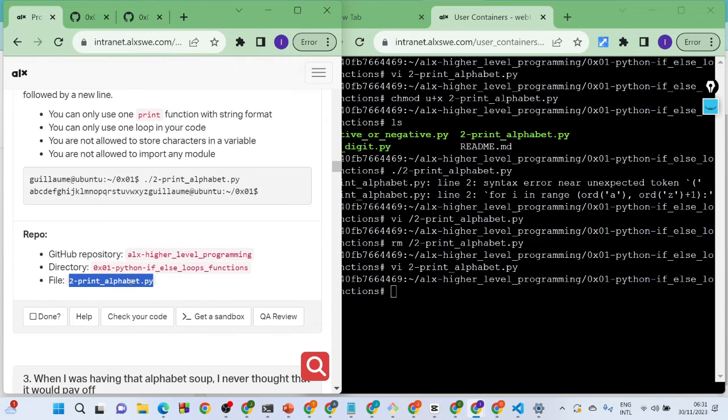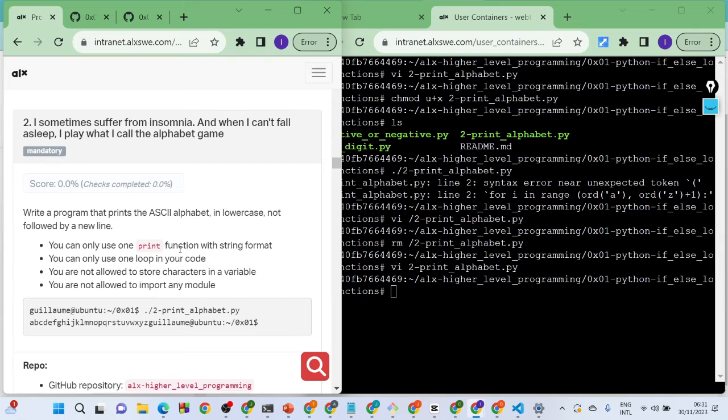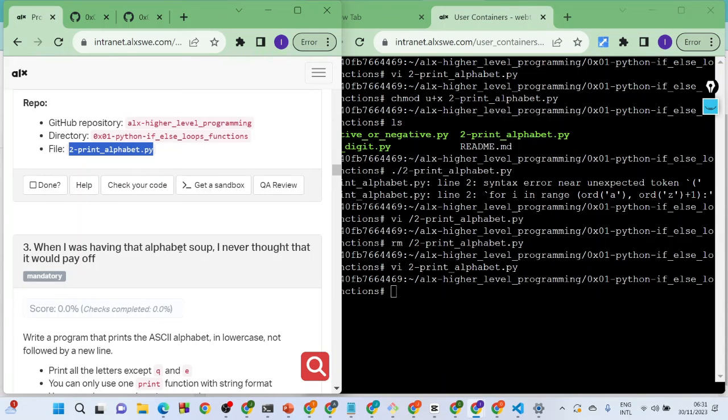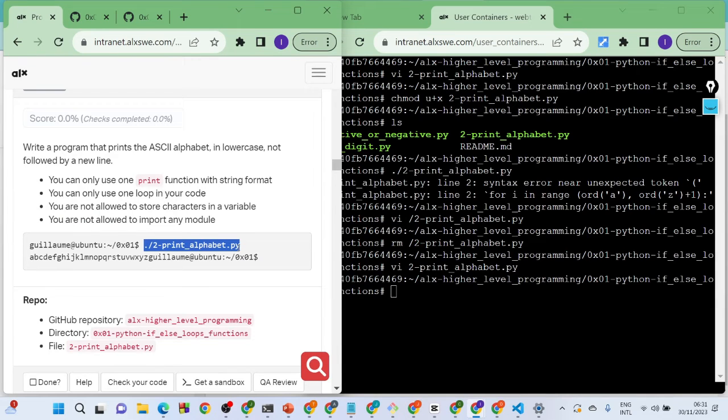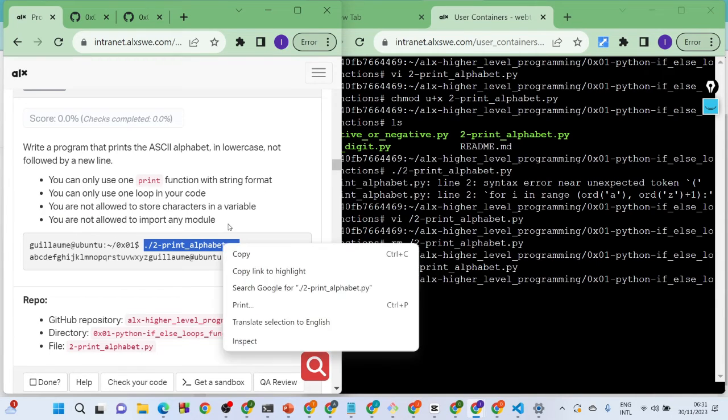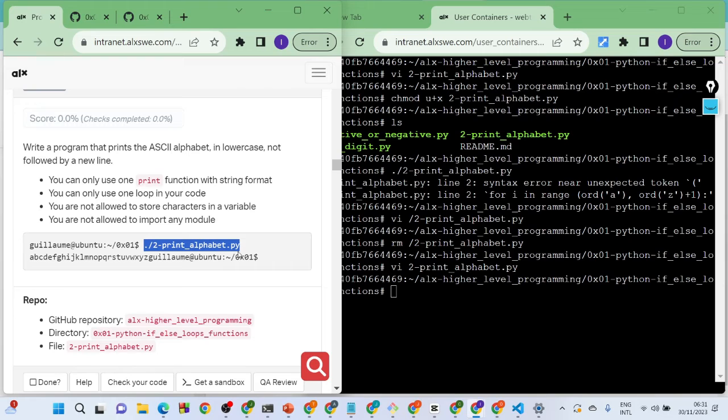So let's execute this script. With what we have here. So again, I'll copy this. If I hit enter,